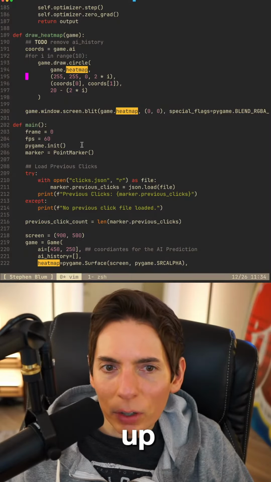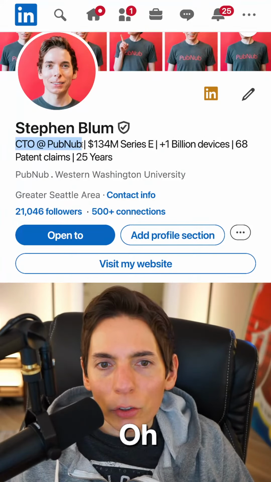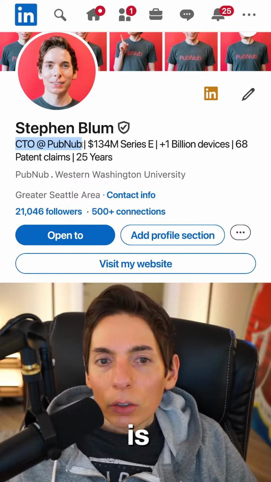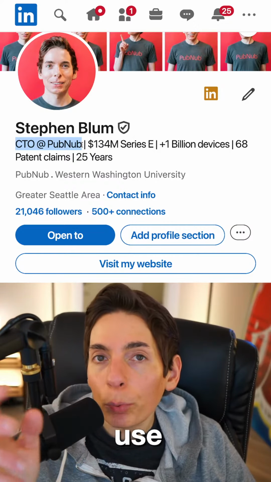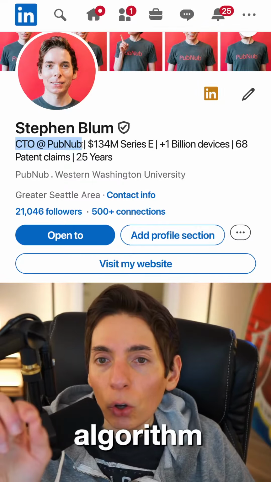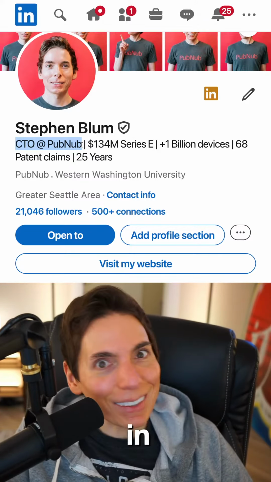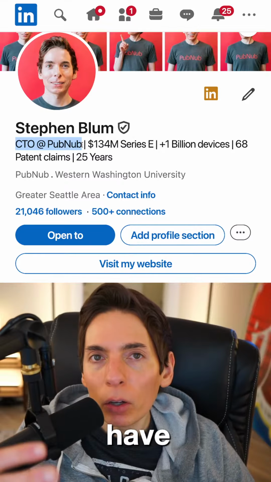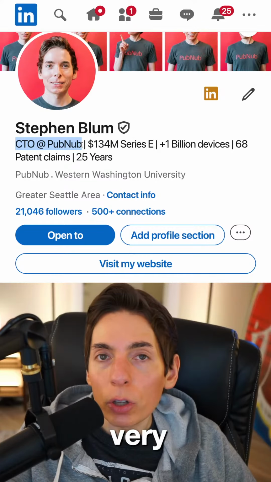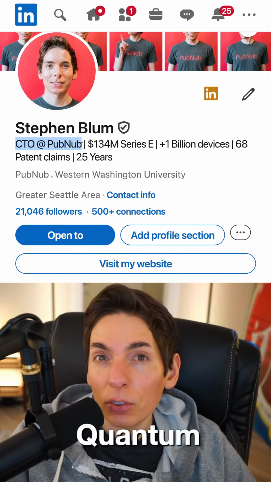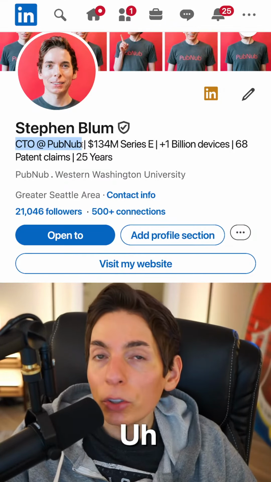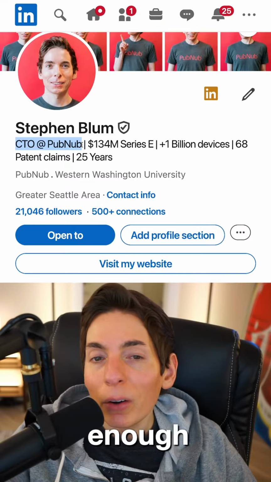Is PubNub quantum decryption safe? It is, so you can bring your own crypto algorithm. So technically, yes. We do have a built-in native AES 256, which is a very large number that will be quantum resistant. It is quantum resistant. It is not quantum proof though. And once quantum computers get good enough, then we'll upgrade it.